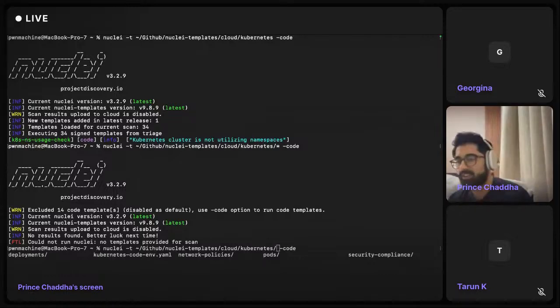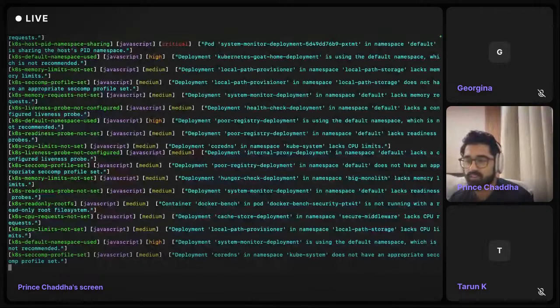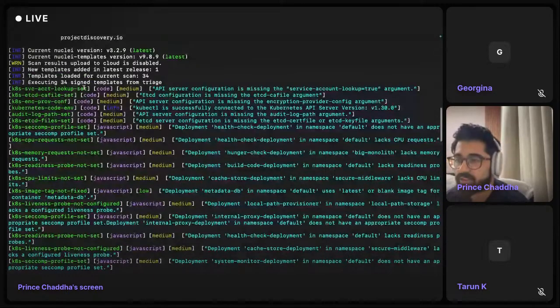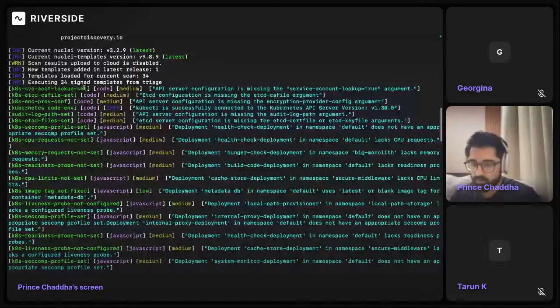You can see that we have a lot of misconfigurations in this Kubernetes cluster that I have set up locally. You can see critical vulnerabilities, high, medium, and all that. I can also